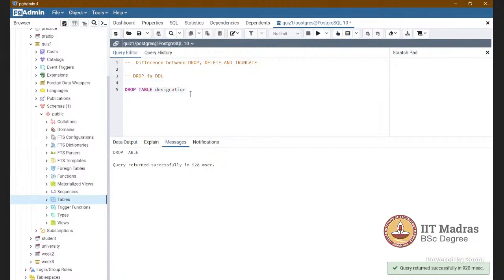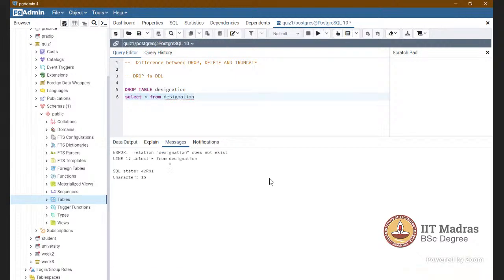If you check for this particular table in the database, you can see the relation designation does not exist, because we already dropped it, removed it from the database.